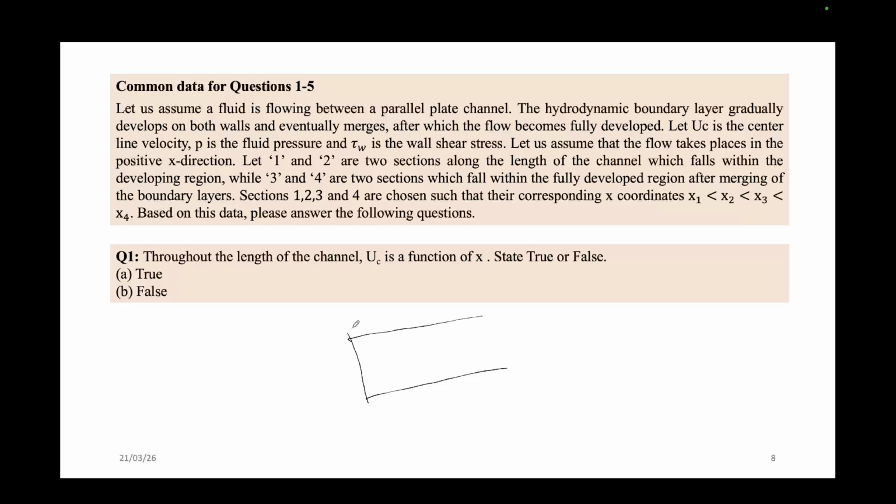So it is energy. The total energy entering the system at any section should be the same, right? So at the center line, before reaching the fully developed flow,